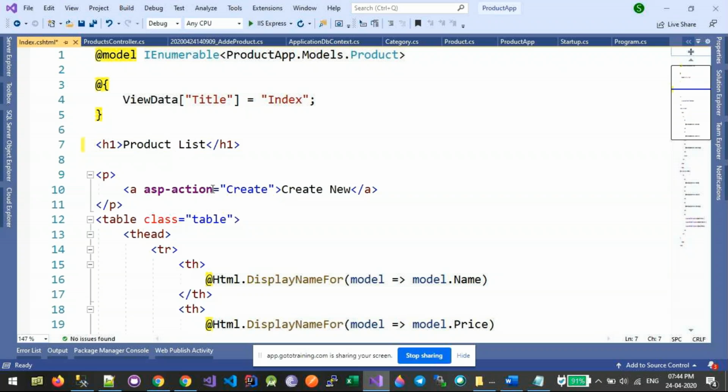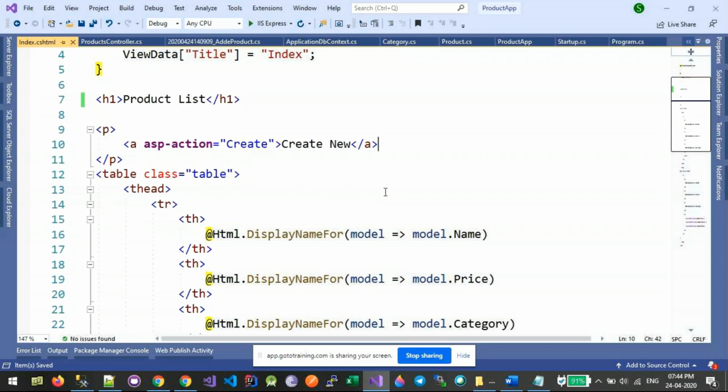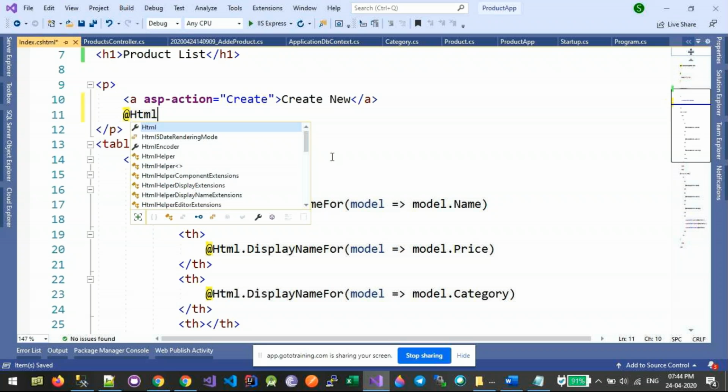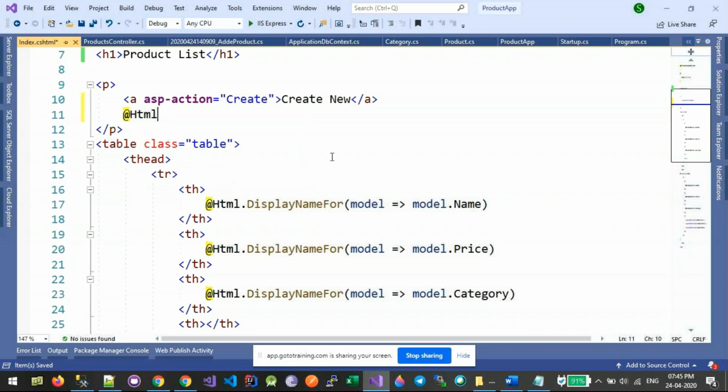Mistake. Okay, there is one more concept here in ASP.NET Core called tag helpers. In an application using ASP.NET MVC targeting .NET Framework, I would have HTML helper. Now whatever you see here at the rate HTML dot, these are known as HTML helper methods.